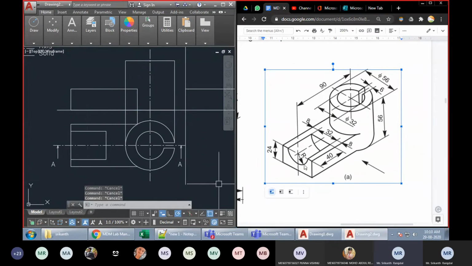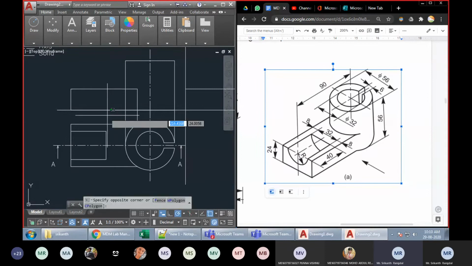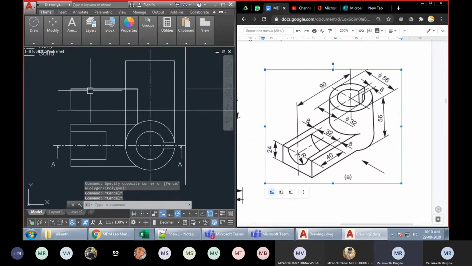So here, over here, we have a round groove of radius r. And what is this radius? This radius will be half of 32. So many times the dimensions will not be given directly. We have to calculate from the given data. So 32 is like the diameter of this circle, and here he has just shown the radius. He has not given what that radius is. So that radius we have to calculate from 32, and we have to proceed.